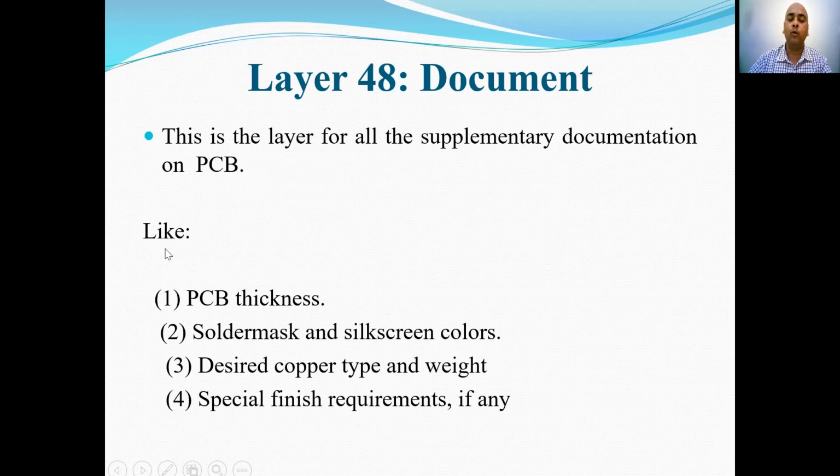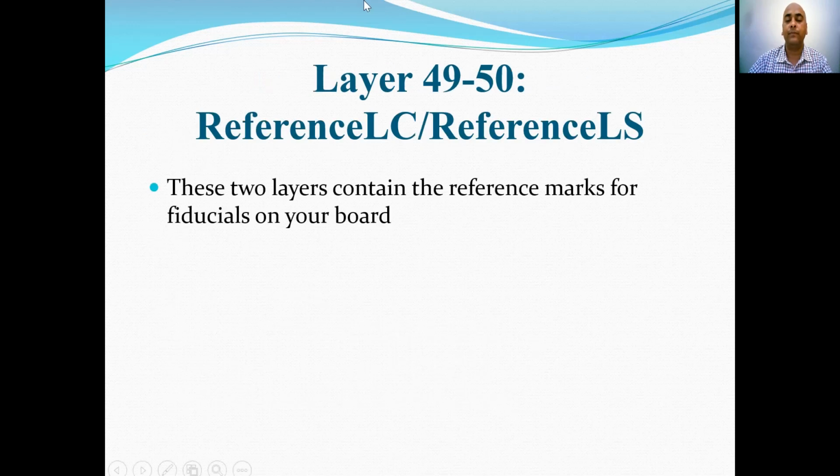The supplementary documentation is like PCB thickness, solder mask and silk screen colors, desired copper type and weight, and special finish requirements if any. All these document files are used by the manufacturers to finally fabricate the PCB.